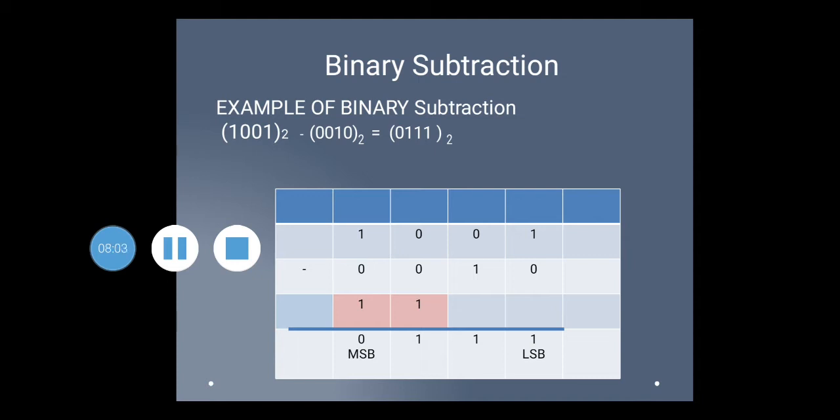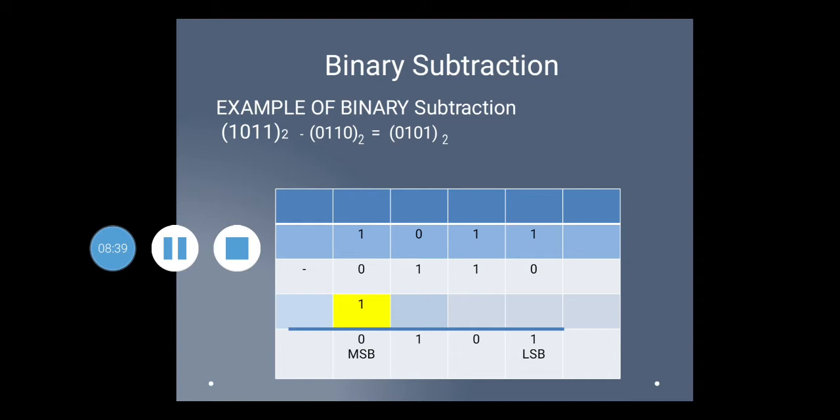Now in this, the upper 2 bits will be subtracted first, and then the borrow will be subtracted. So first we'll start subtracting 1 minus 0. So 1 minus 0, the result is 1, and from this result 1, we are going to subtract the borrow, that is 1. So 1 minus 1 is 0, and the final answer is written in the MSB bit column. So the final answer is 0, 1, 1 and 1. I hope you have understood that. One more binary subtraction example has been solved in this.